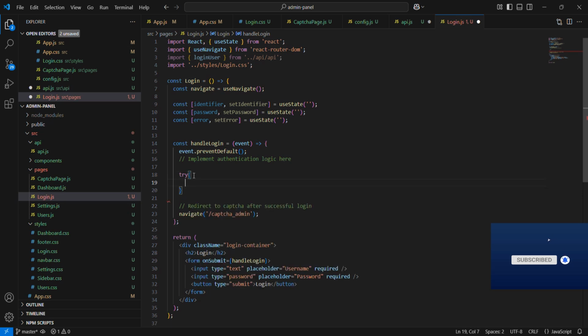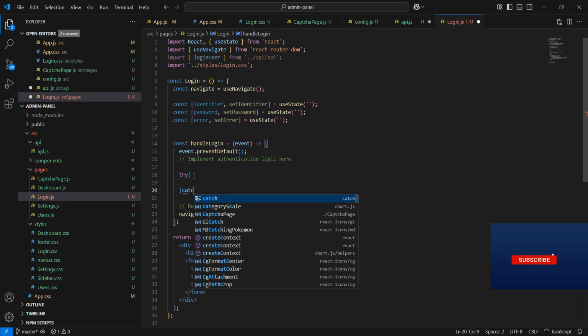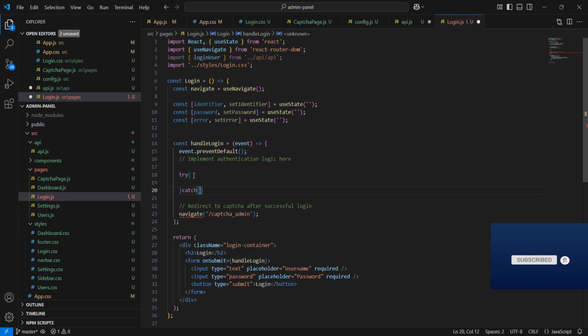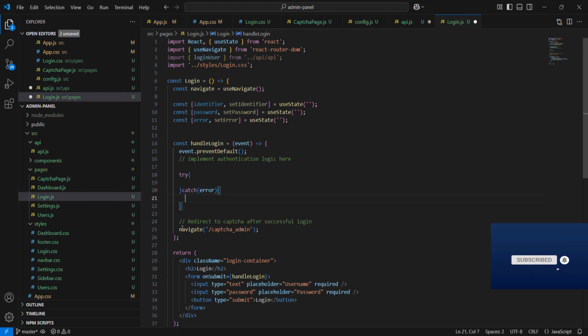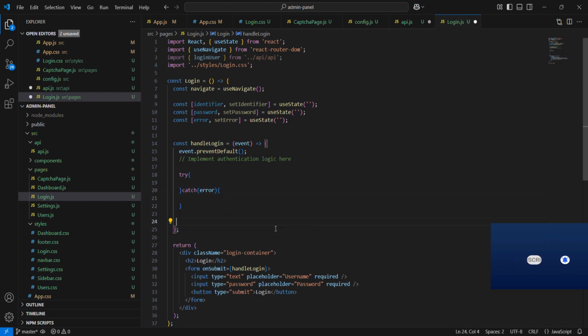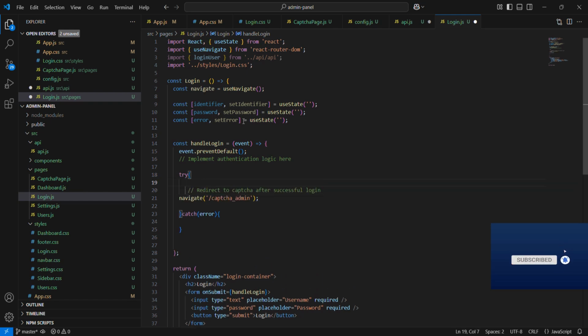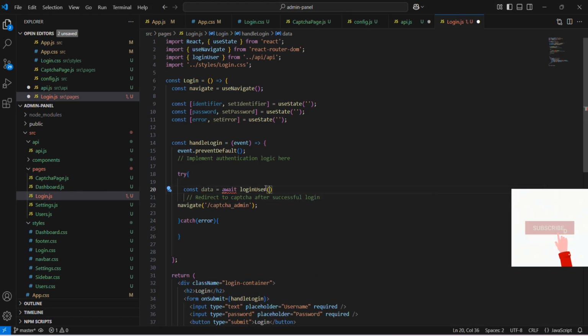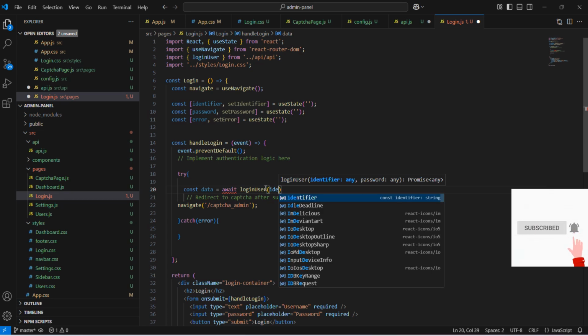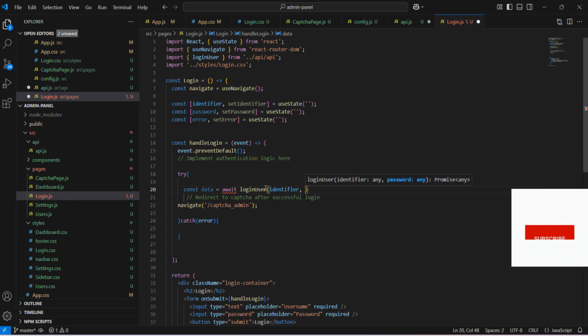Next, inside this handle login function and below event.function, let's initialize try block. Now we are calling login user to send login details to the backend.